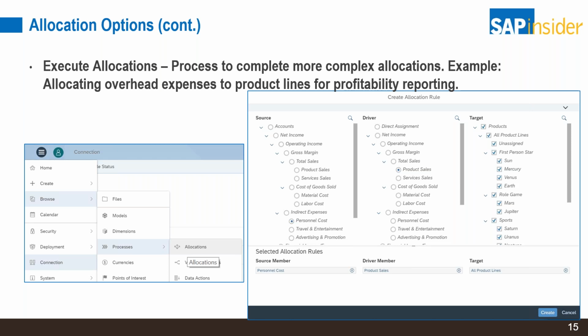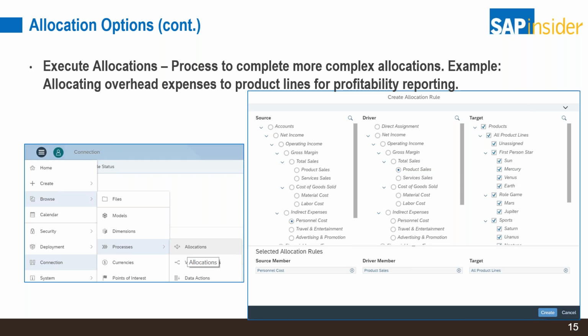The last one is an allocation process. So this is where we get a little bit more in depth and detail. We set up an allocation process. The example in the screenshot I have here would be taking personnel costs, and if we want to get down to product profitability, taking some of those operating expenses and, based on percentage of sales, spreading that across to all the products.